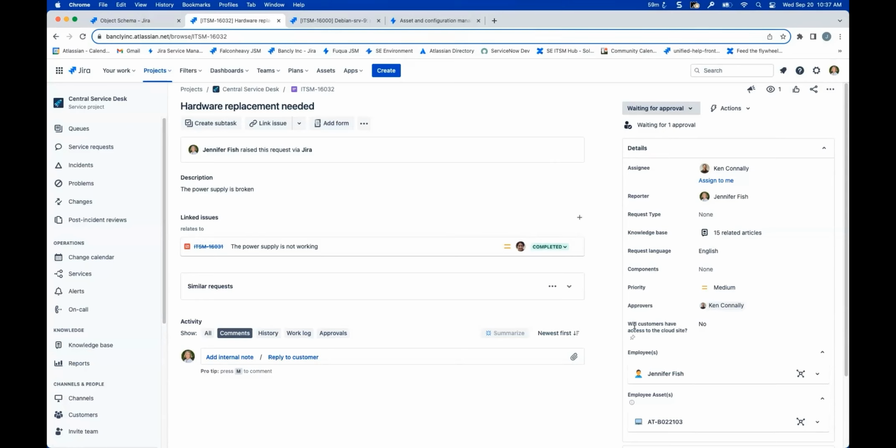Now we have a closed loop system. So now not only have we requested a new laptop, we've marked our current laptop as damaged. So our asset is updated. We know its status. We've also put in a service request to get a new laptop approved and get that shipped out to our customer, to me, and pretty quickly. So with that, I know that didn't take me 10 minutes.